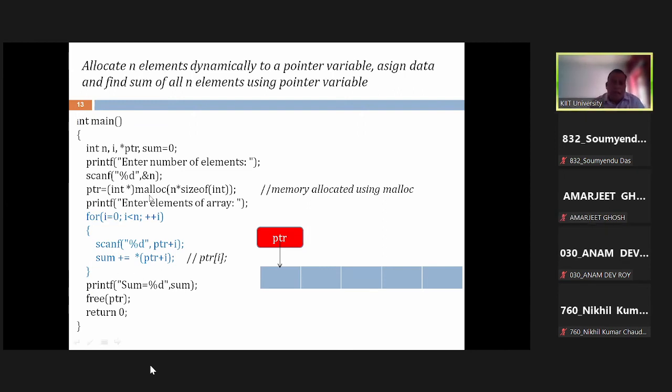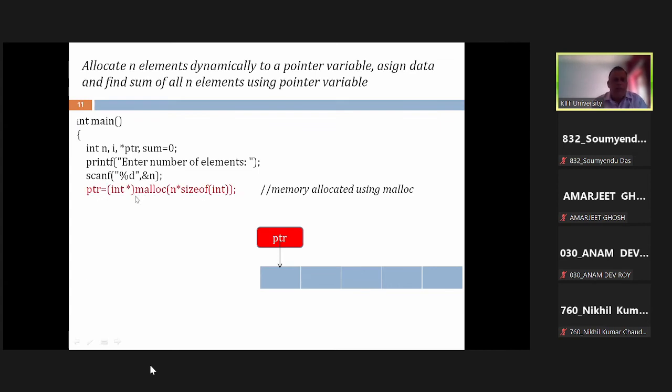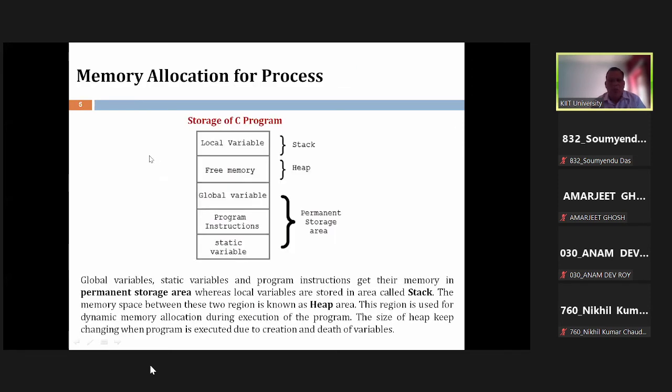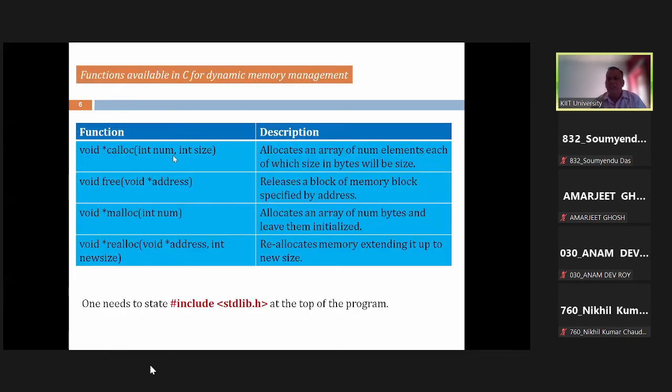I could have written calloc also. If you look, instead of malloc, if I write calloc, the syntax is more or less the same. Only a little bit of difference is here. It takes two parameters. The first one is basically the number, and the second one is the size. If I write down here 5 and 2,